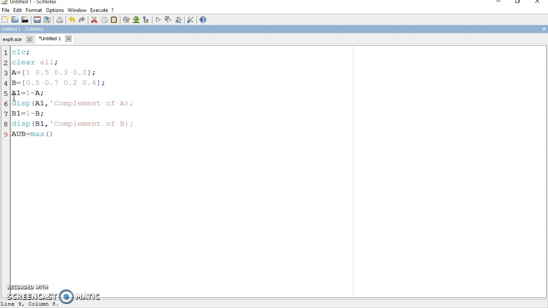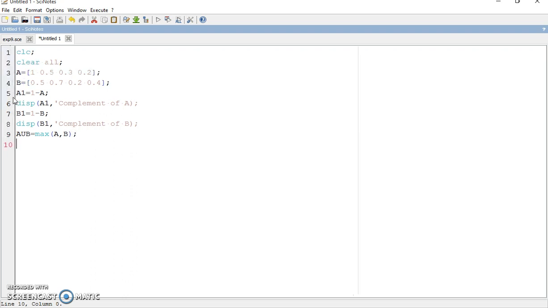We will use the max function to compare the two arrays A and B, and store that value in the variable A U B. Then display that value using the disp function, with the variable name A union B, and this is the union of A and B.